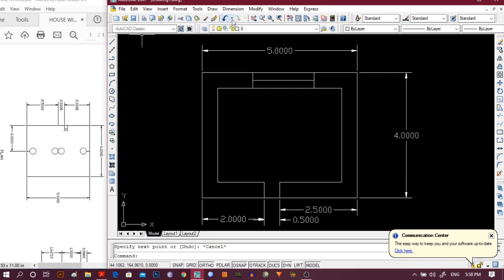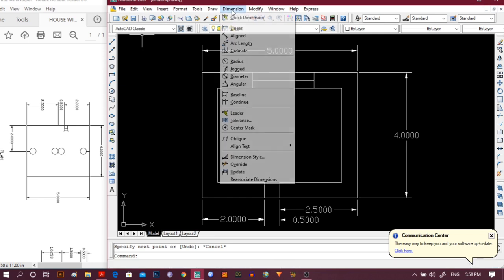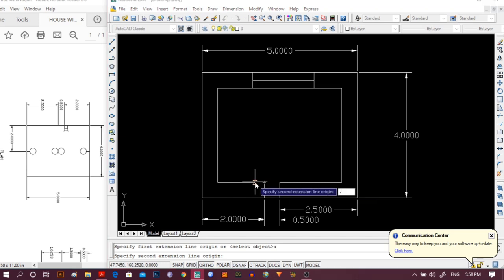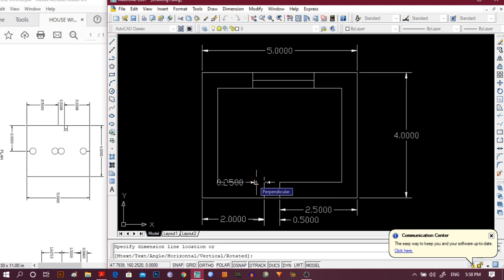So first we will make the dimension and find out the 0.25 meter distance here. So this is the 0.25 meter distance.